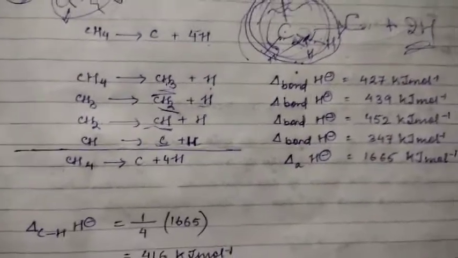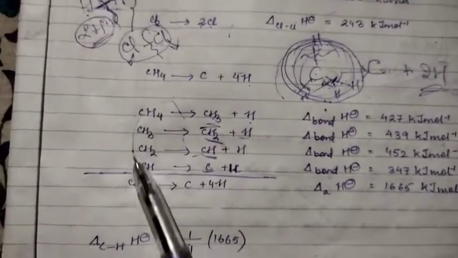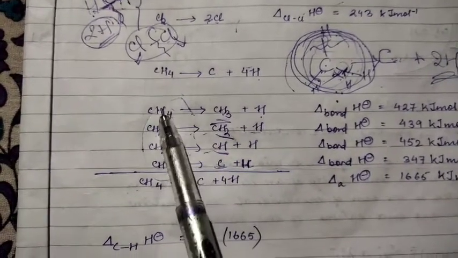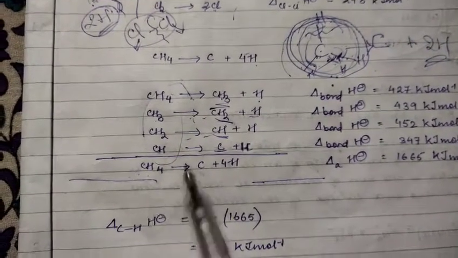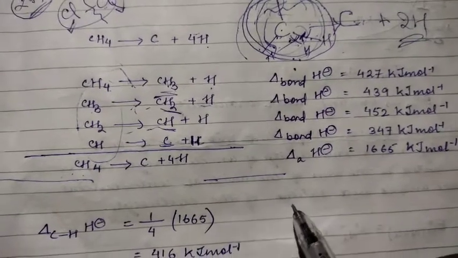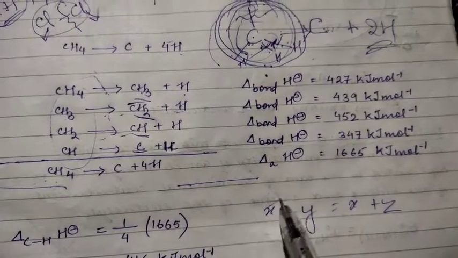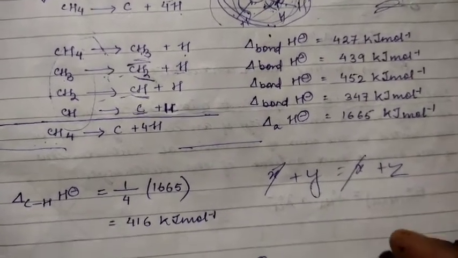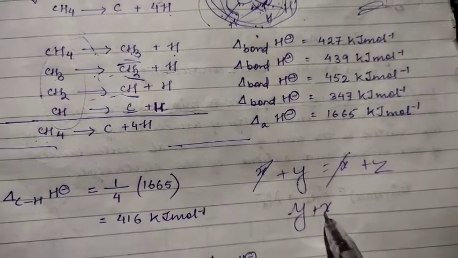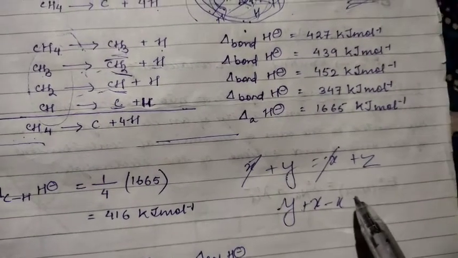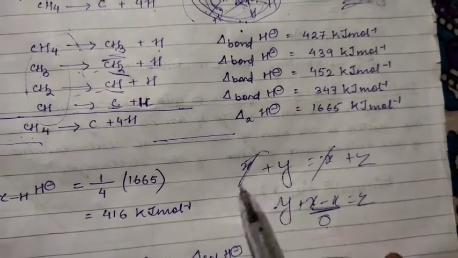Okay, now if you sum up all this, what will you get? All this will go on the left hand side and all this will come on the right hand side. Suppose you consider x plus y equal to x plus z. This x and x can get cancelled, right? Because if you bring the x to this side, it equals z, so this will ultimately become 0, so we can cancel that.